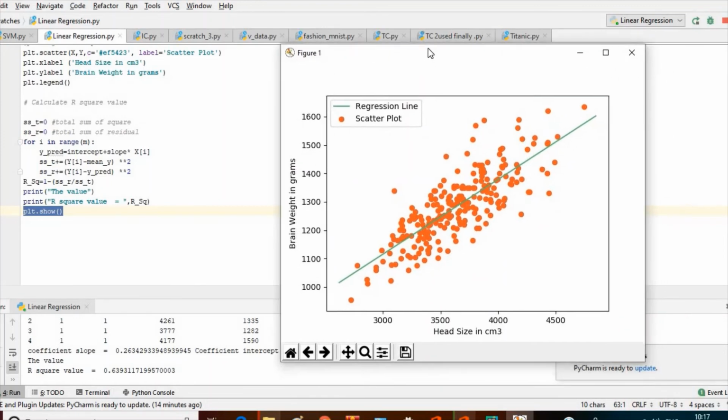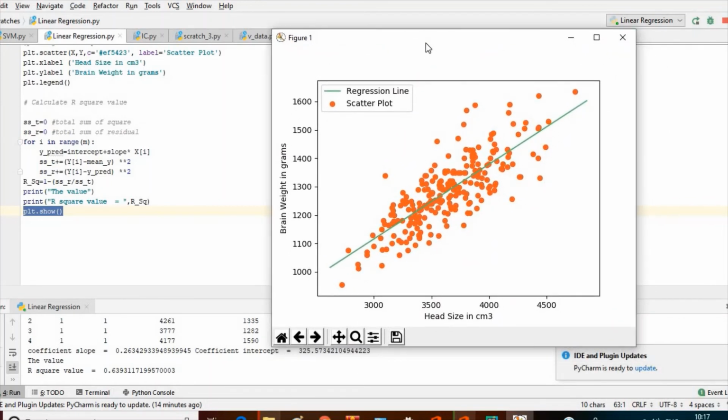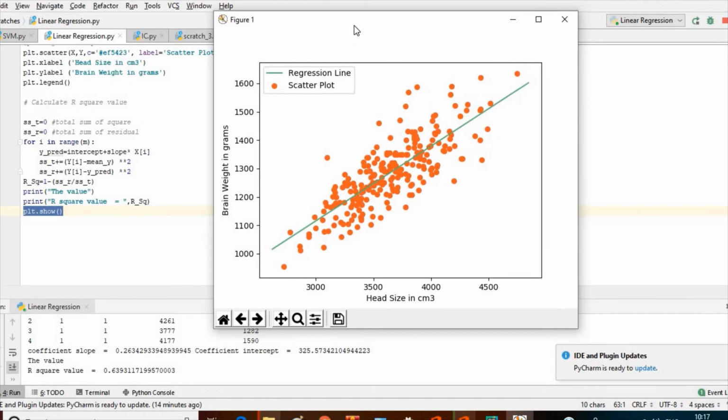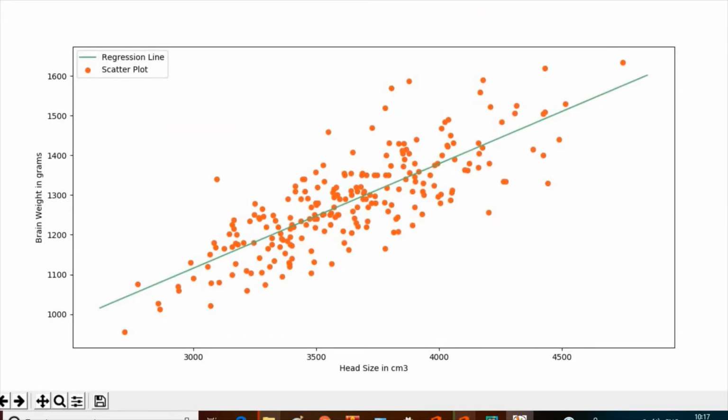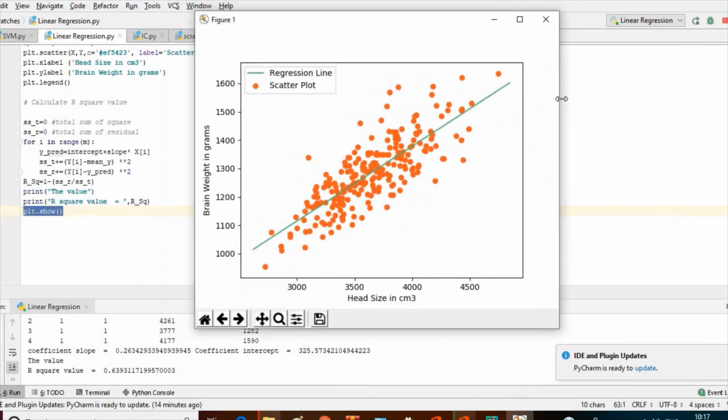Yeah, so this has been executed, and here we can see that different dots have been plotted on the basis of the data on the x-axis and y-axis, and when we hover the mouse we can see the values of x and y in the bottom right-hand side of this graph window.